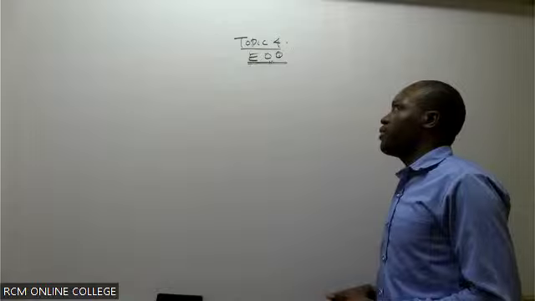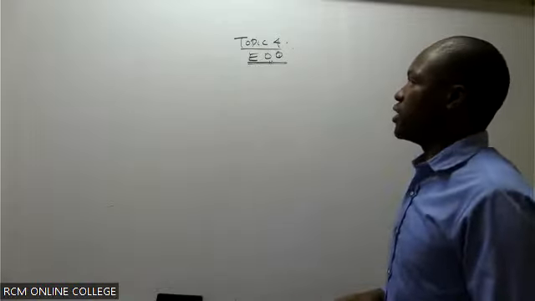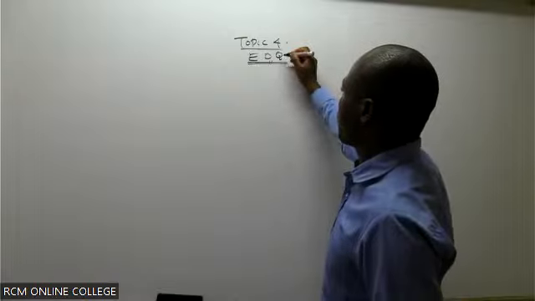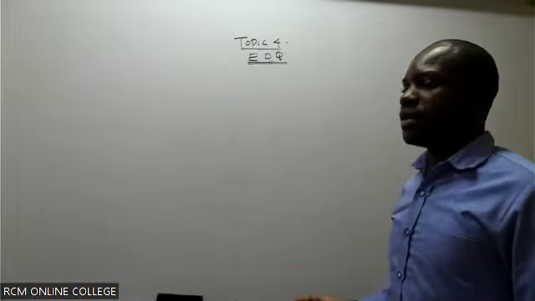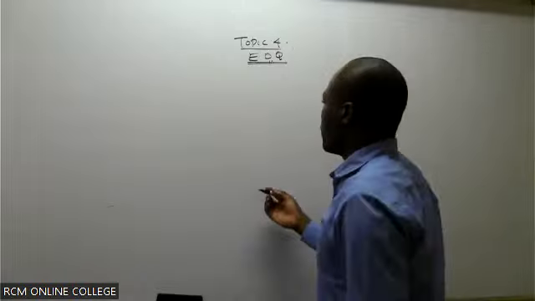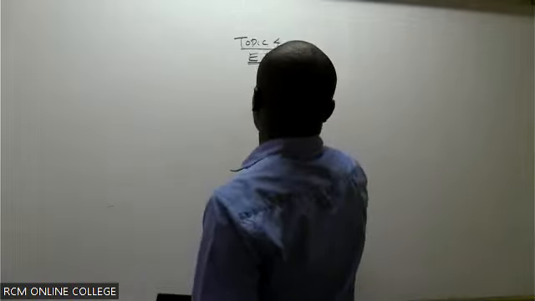Of topic number 4. When you talk about economic order quantity, this is the quantity at which the company is trying to minimize the total cost incurred to take care of these goods. Remember, if you want to look at the cost of stock,